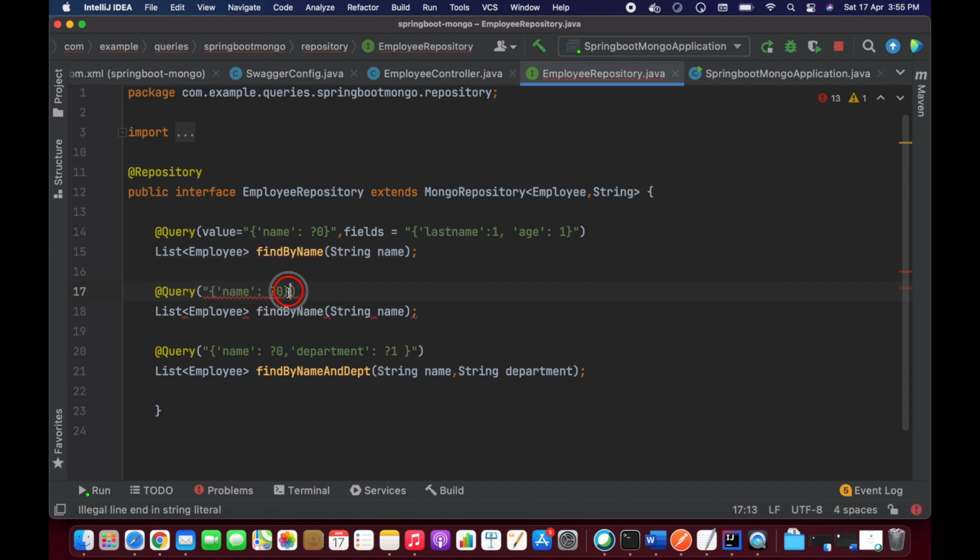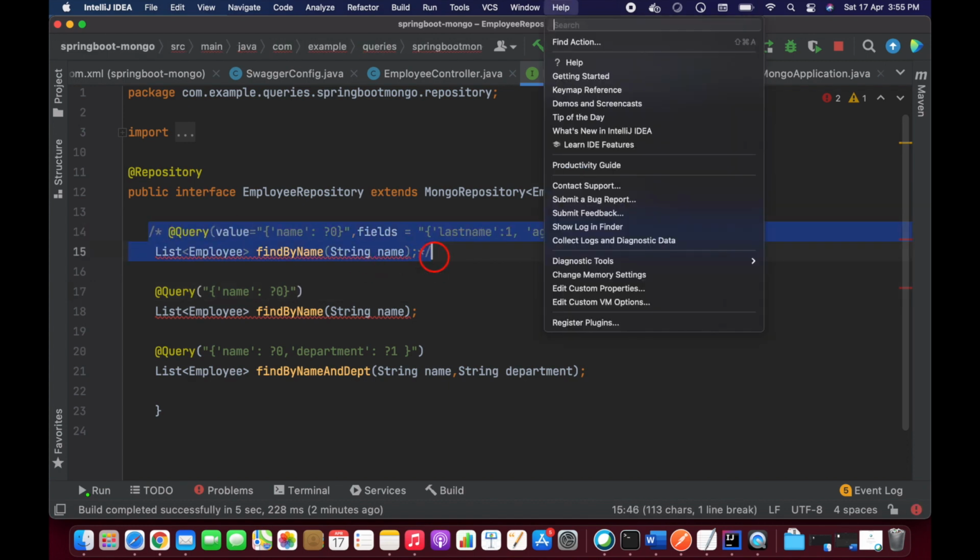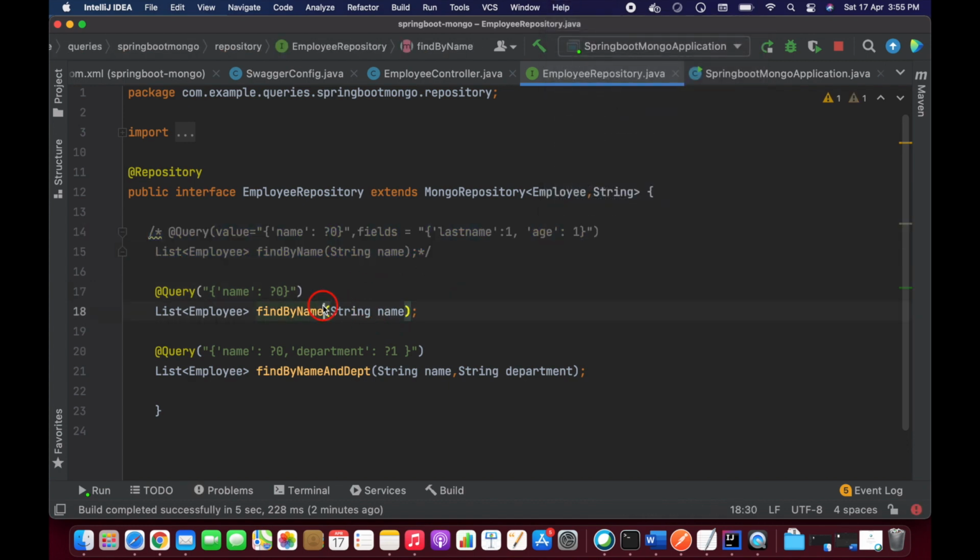Let's copy here. Perfect. Let's comment this out. If you want to use the regular expression, you have to provide the regular expression here.